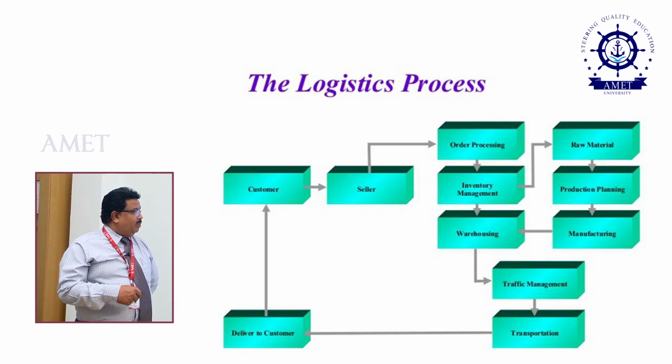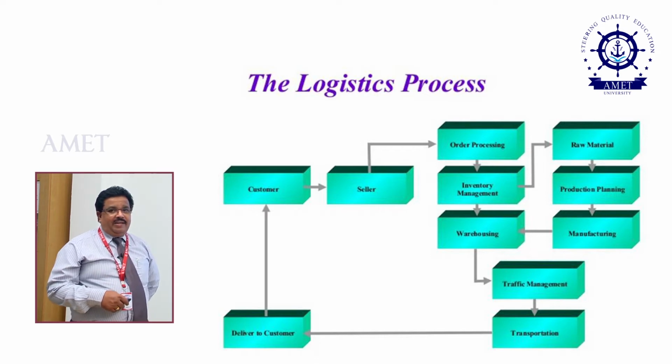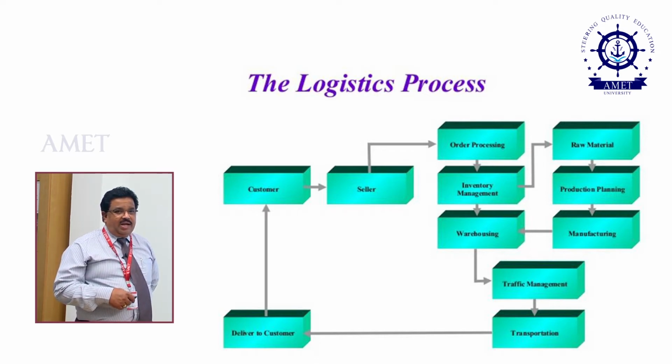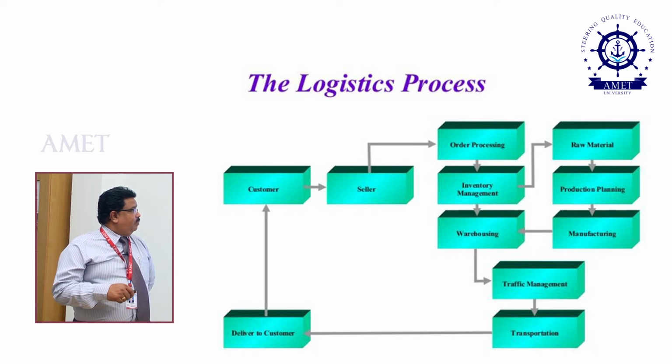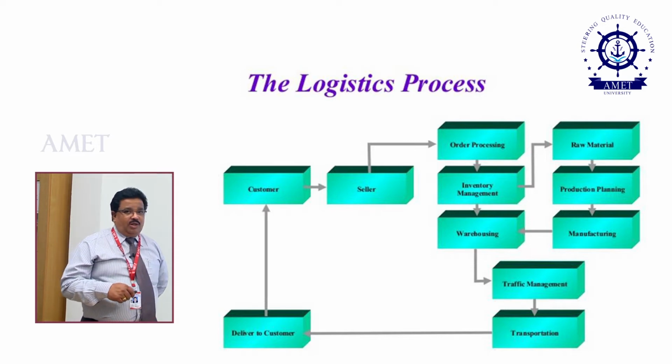Then it will go to the production planning. In the production planning, they will assemble the entire product and then keep it for checking purposes. Once it has passed, it goes to the manufacturing unit, and the manufacturing unit assembles all those products and produces the required product, and then it will come back to the warehouse. In the warehouse again they will check all the required specifications given by the order. Once that has been done, it will go to the traffic management, then transportation management, and be delivered to the customer. So this is the process of any logistic management.